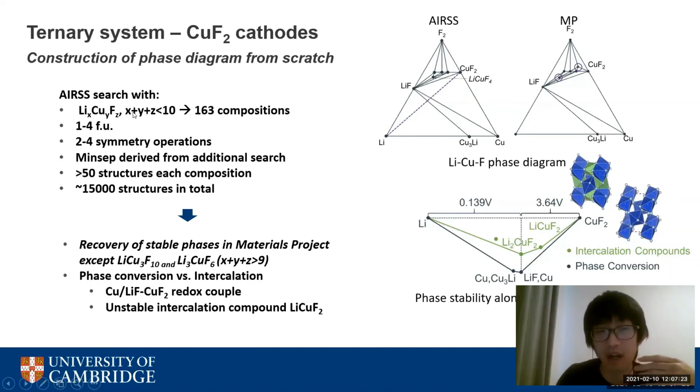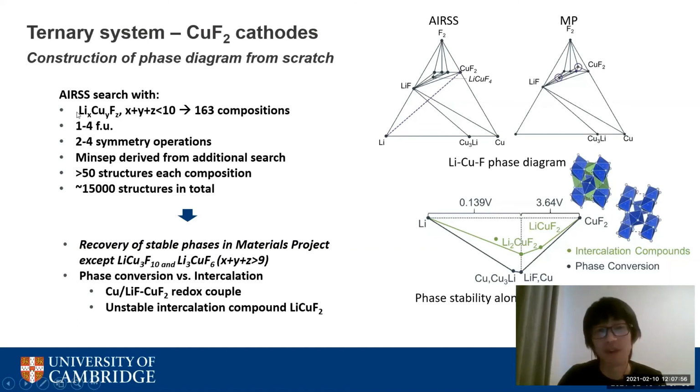So what I want to show you is that by AIRSS search, we can actually sample this entire phase diagram to generate all these phase stabilities. For this AIRSS, what I did was I sampled on these structure formula units. I searched on lithium X, copper Y, fluorine Z, and all these are constrained with a number of atoms smaller than 10, leading to